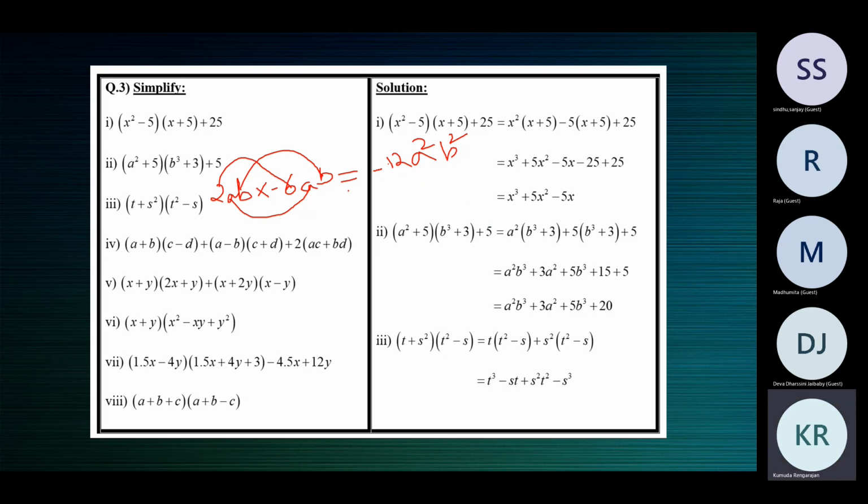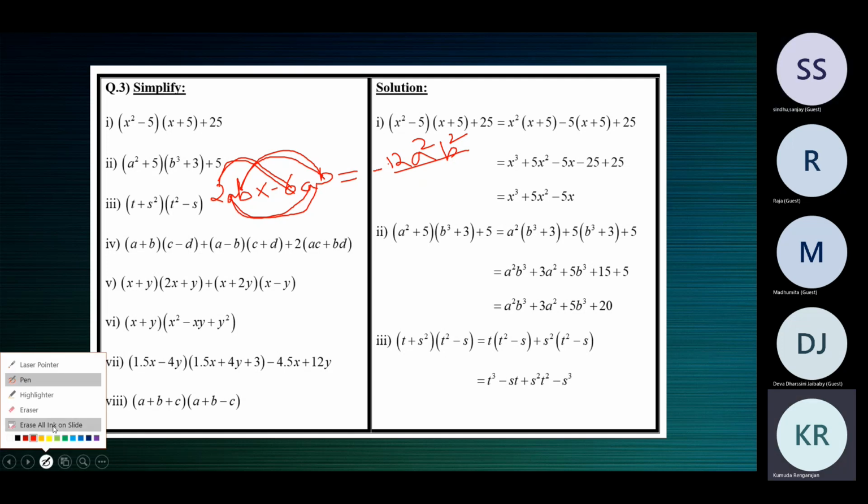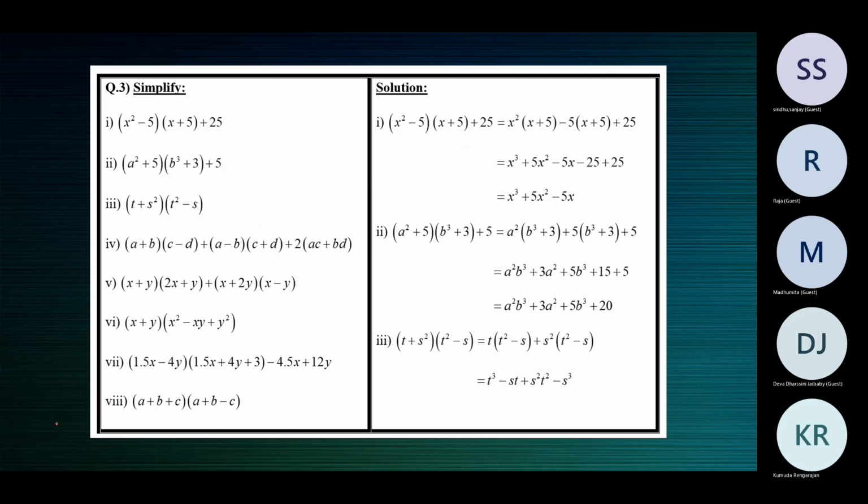This is the answer. So when you multiply, you should multiply everything. You should multiply the number with the number, the letter A with this letter A, this letter B with this letter B, and this is the result. Multiplication, division, can be done with anything. Addition, subtraction, only like terms, and the answer also will be a like term.